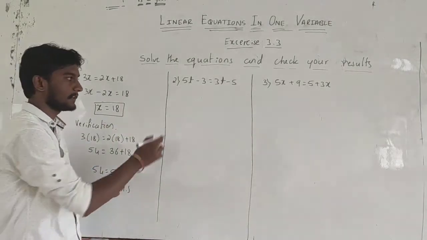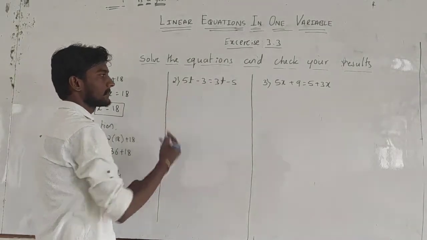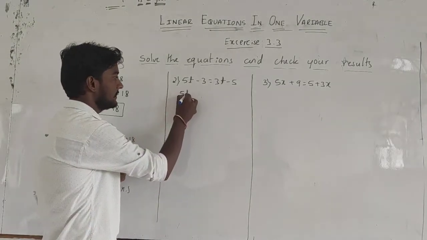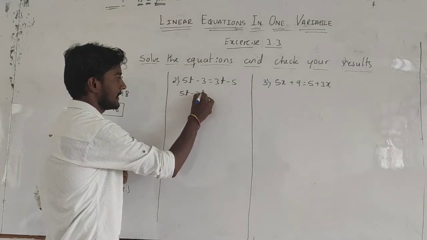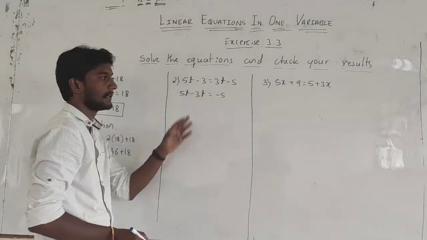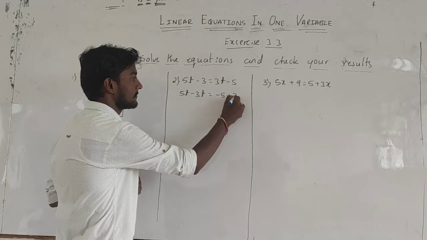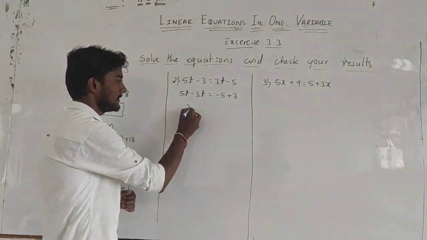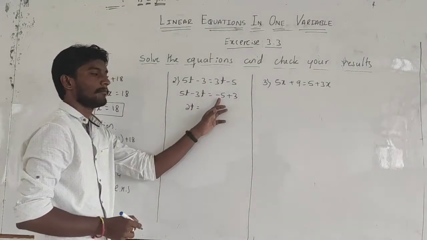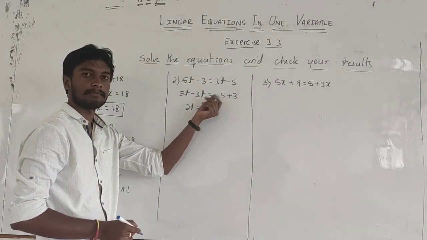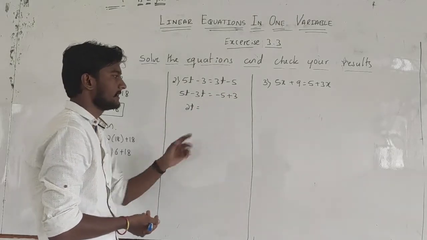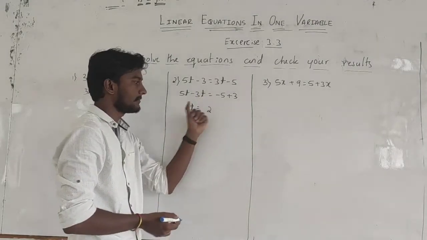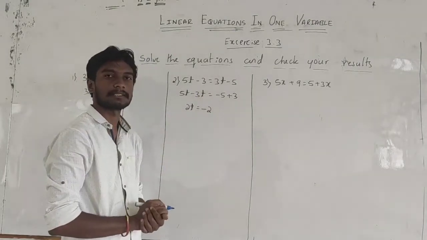So let us go for the next one. 5t minus 3 is equal to 3t minus 5. Make variables one side. 5t, plus 3t if you bring this side, minus 3t is equal to minus 5, and minus 3 if you take that side, plus 3. In 5t if you subtract 3t, you will get 2t is equal to minus 5 plus 3. Two numbers are there but having unlike signs. At that time you have to subtract them. 5 minus 3 is 2 and the bigger number sign is minus. You have to keep the bigger number sign.